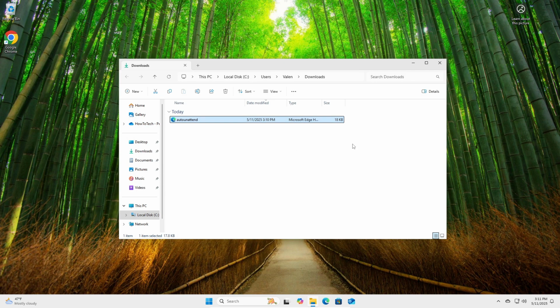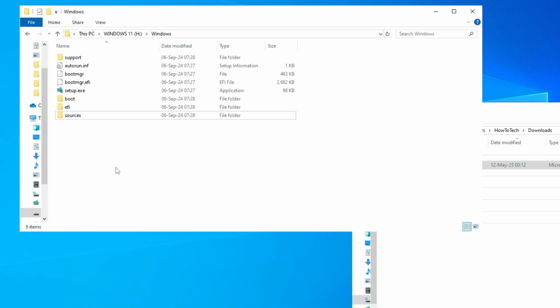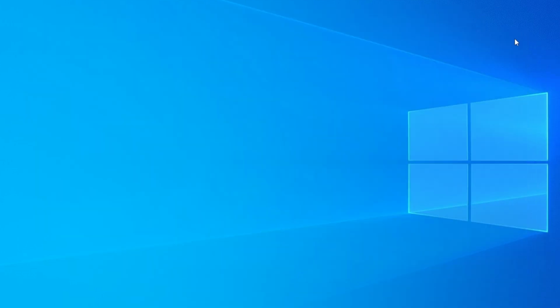Microsoft Media Creation Tool. Now all you have to do is take this file and drag it into the folder of the Windows 11 ISO file. I'm going to show you right now. Now here we're just going to drag this file from here to here like this, and that's pretty much it. After you dragged the file right here, basically you just have to close it here and